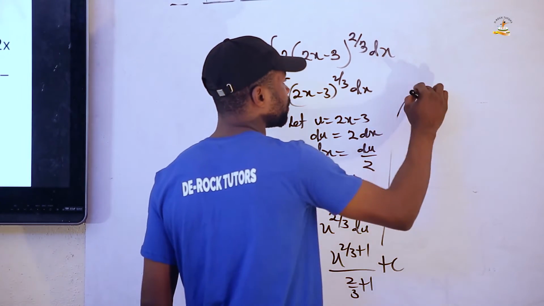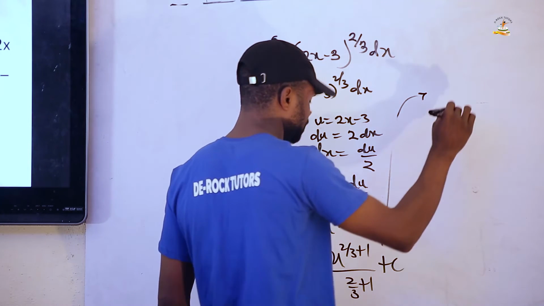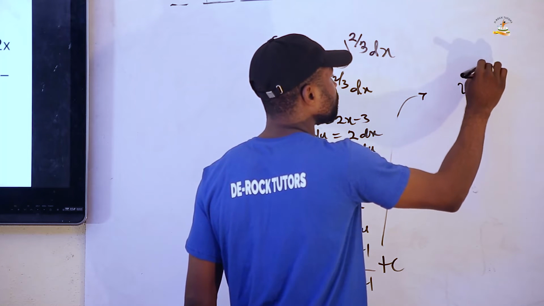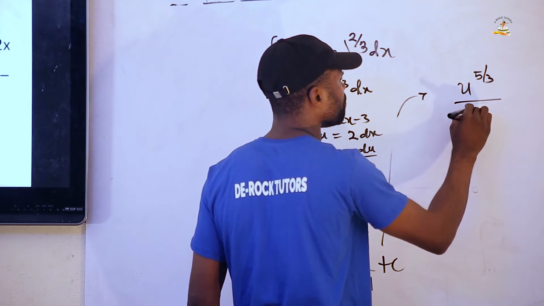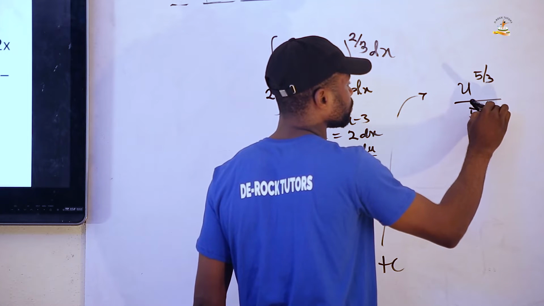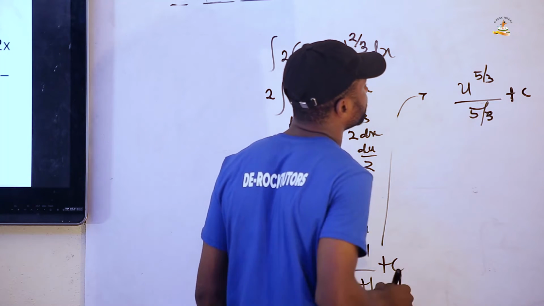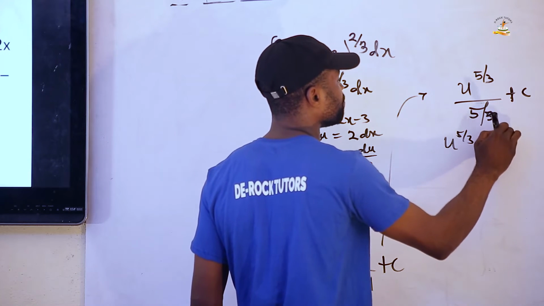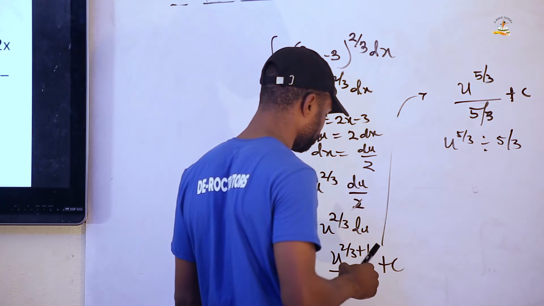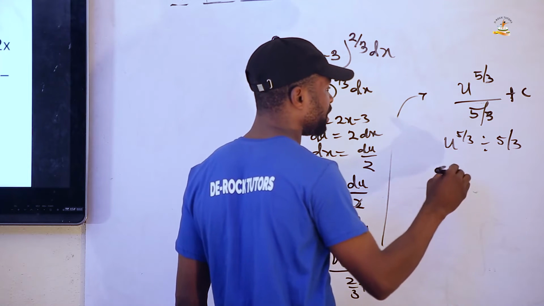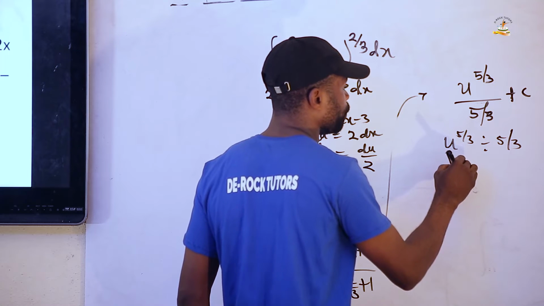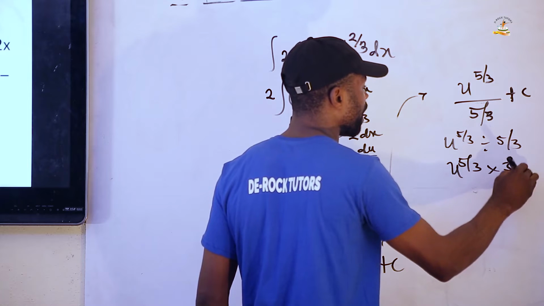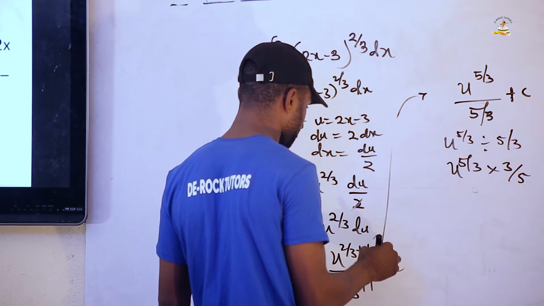So from here, we can see that this one will become u raised to power 5 over 3, over 5 over 3, plus c. And this one will give us u raised to power 5 over 3 divided by 5 over 3. Then, from here, we have it as u raised to power 5 over 3 times 3 over 5. Our u is